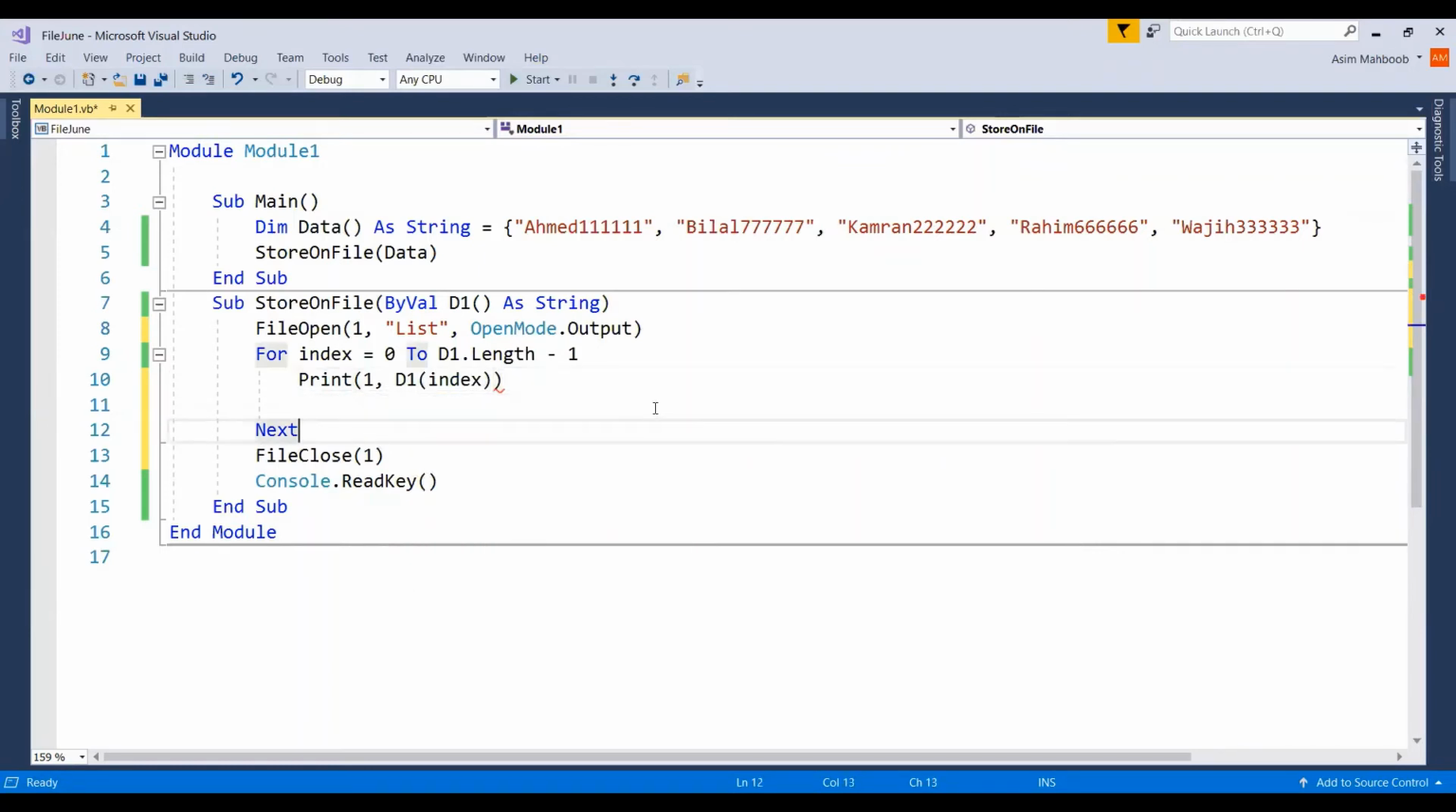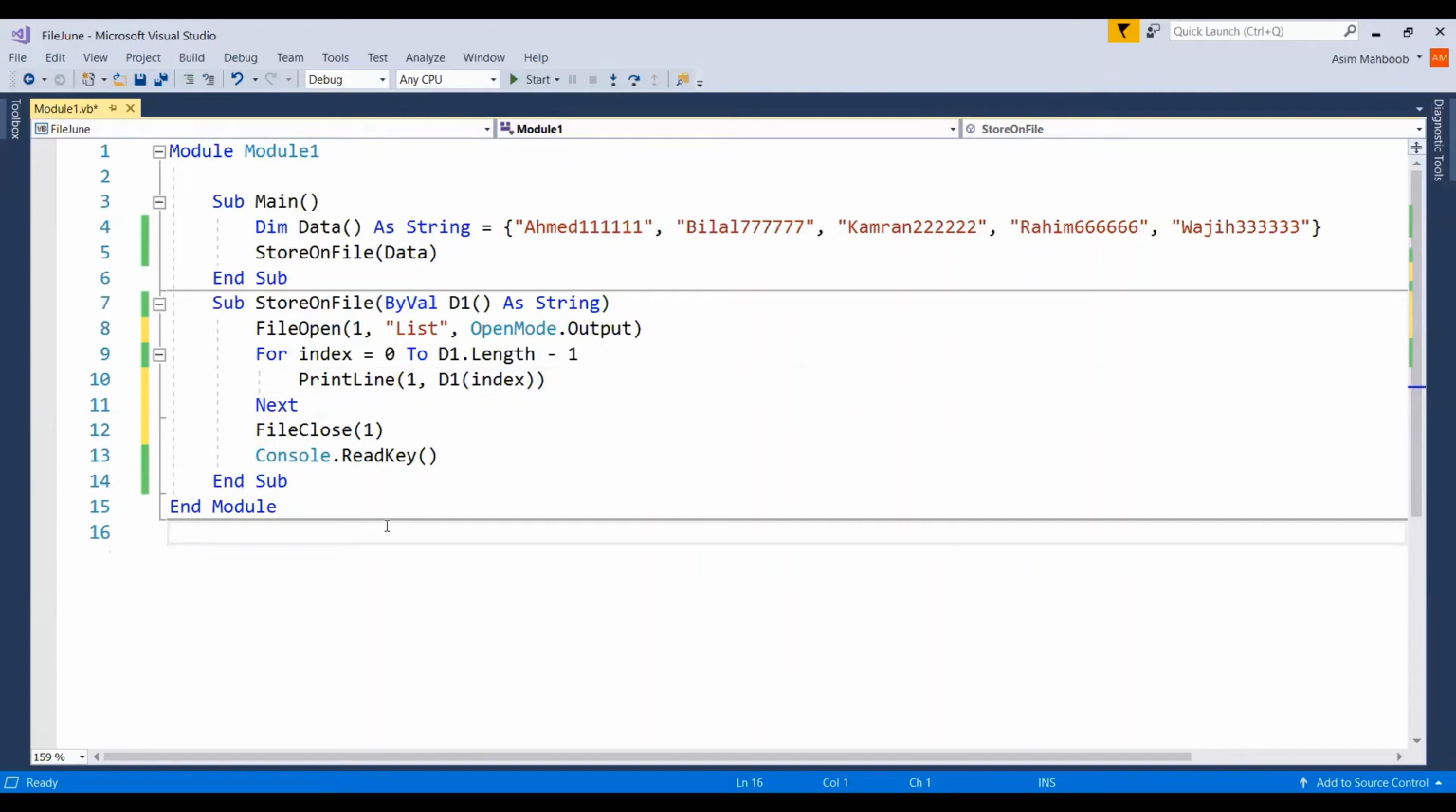सो दिस कमांड विल डू व्हाट, दिस कमांड जब पहली दफा ये लाइन एग्जीक्यूट होगी तो क्योंकि इंडेक्स में 0 है और D1 के अंदर अहमद 11 आ गया है तो ये फाइल पे लिखा जाएगा। और प्रिंट नहीं लिखूंगा बल्कि प्रिंट लाइन लिखूंगा क्योंकि वो सारा एक ही लाइन में आ जाएगा। तो प्रिंट लाइन की कमांड क्या करेगी, वो एक लाइन लिखेगी और फिर फाइल की नेक्स्ट लाइन पे चली जाएगी और वहां पे नेक्स्ट लाइन आती जाएगी।